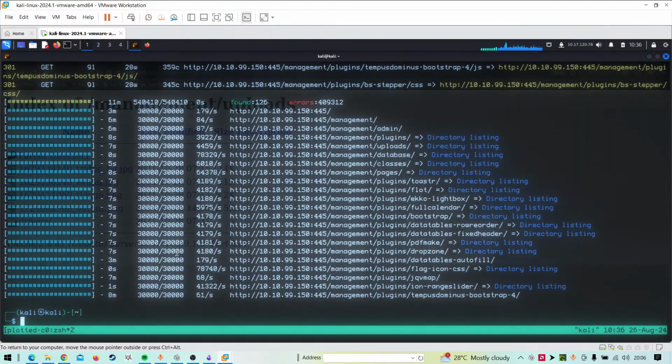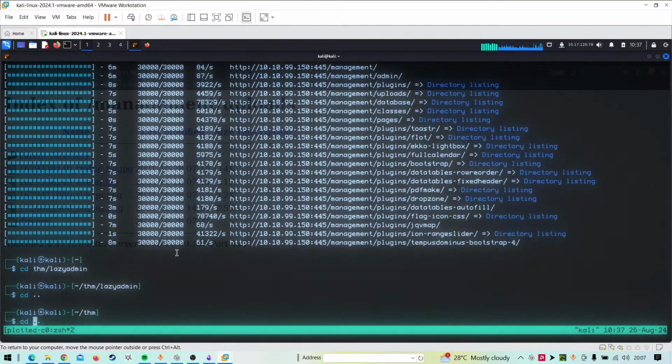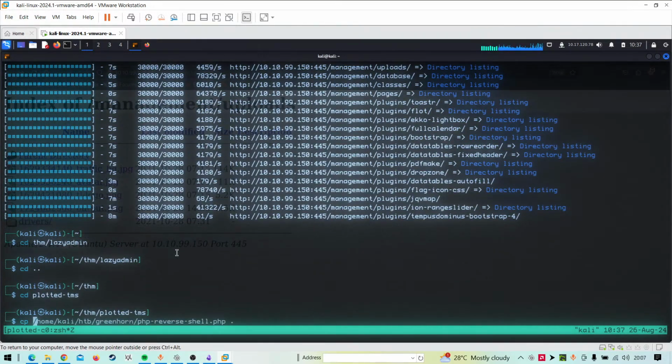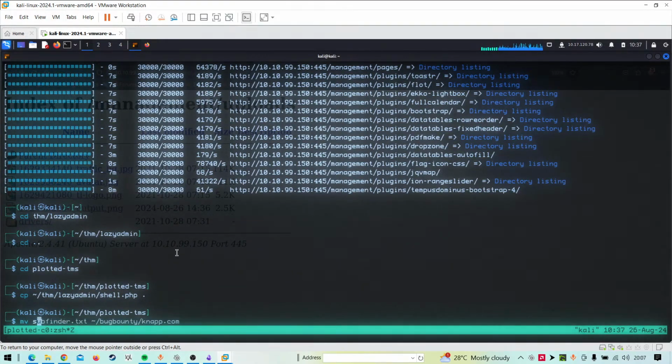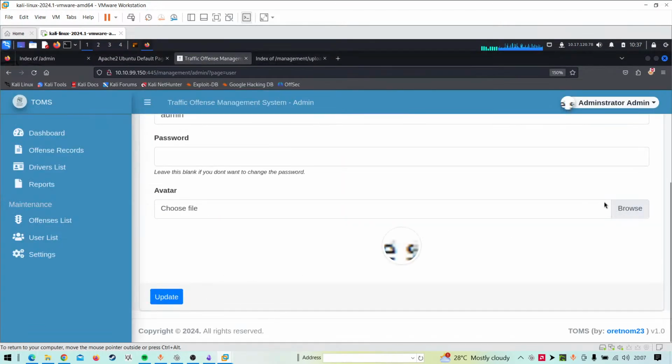Anyway, we can do one more thing. First, see the lazy admin. It's not the lazy admin version, right? It's Plotted TMS. We can copy the web shell here, change the extension to PHP5, and upload it once more.